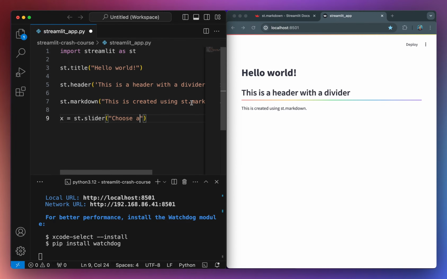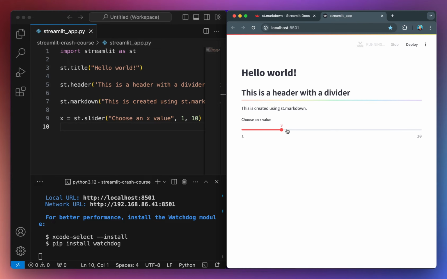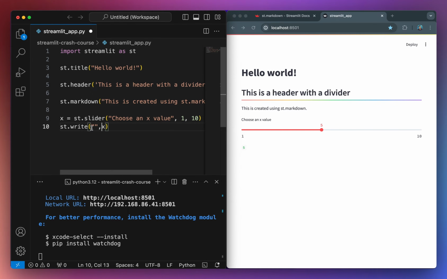Let's sprinkle in some interactivity with a slider widget. Then we can display the return value by calling the variable. We can also add descriptive text to add clarity.